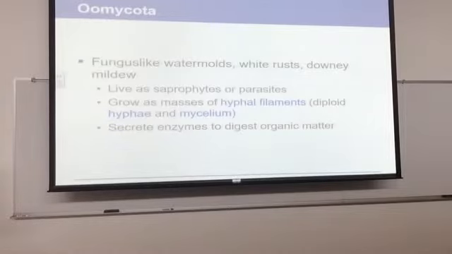Oomycota is a fungal-like protist. So it tried to be a fungus and was lacking some defining characteristic, and so as a result, it's a reject. It includes water molds, white rust, and types of mildew. The characteristic here is they are saprophytes. This may be a new term for you, but it's very similar to terms that we've discussed before, like detritivore. What's a detritivore? Dead or decaying organisms. Same thing as a saprophyte.